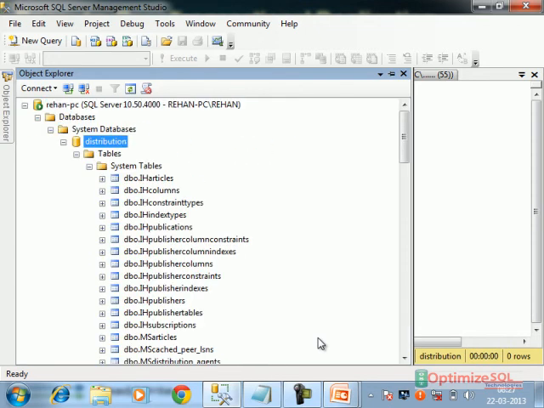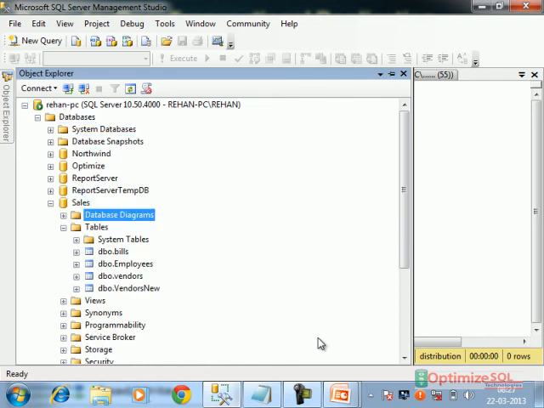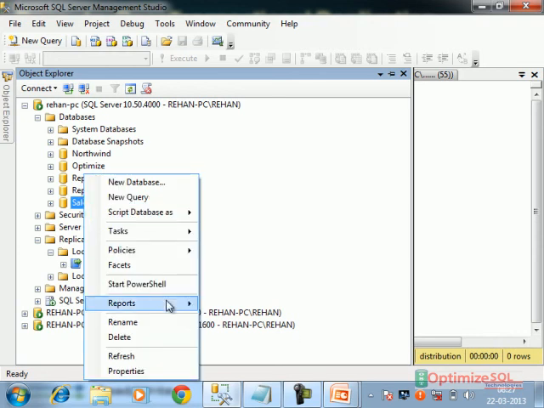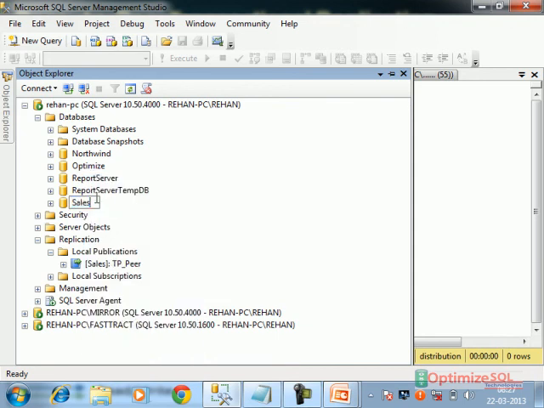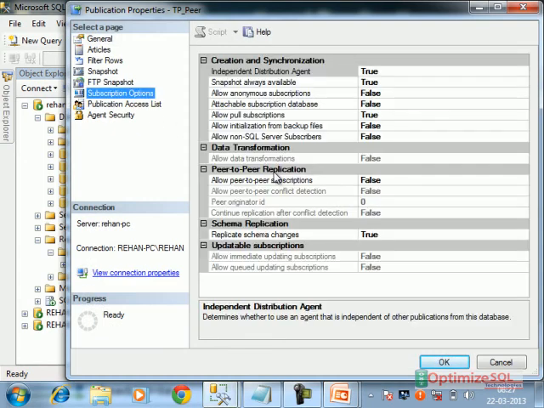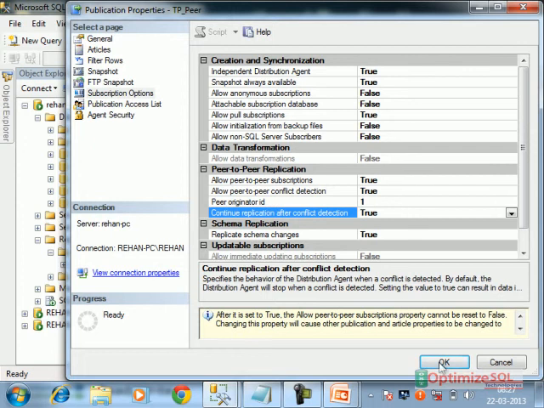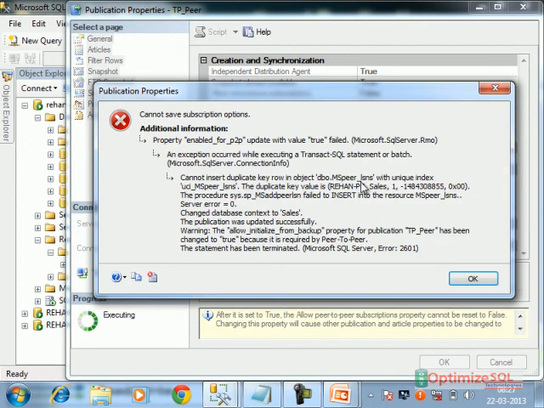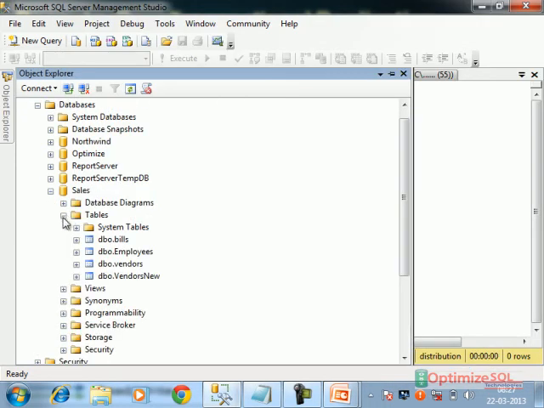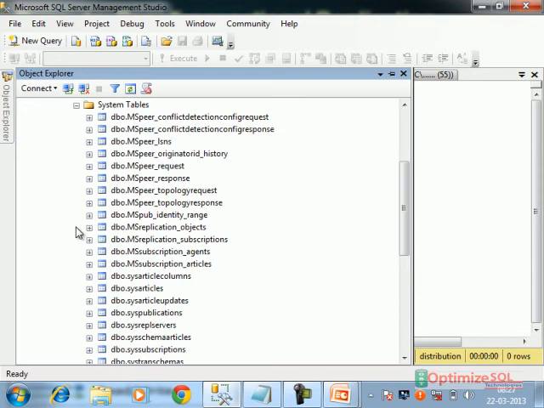On that sales database it is already configured, it says. Already it is there in the publication.